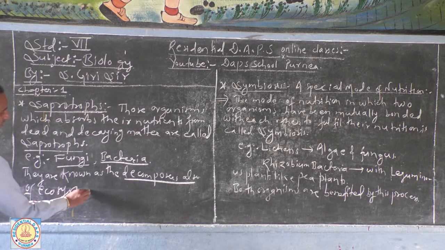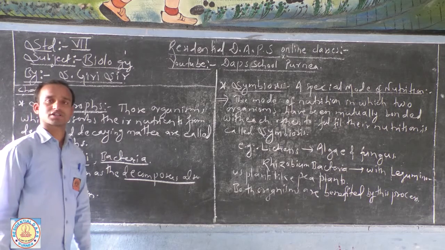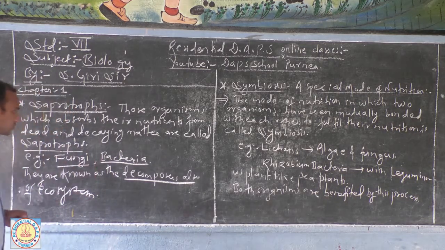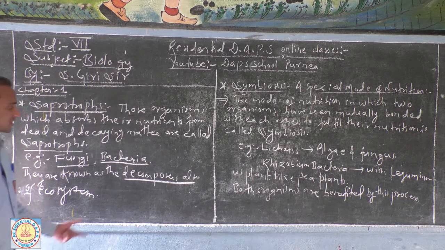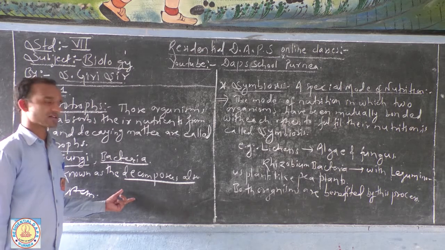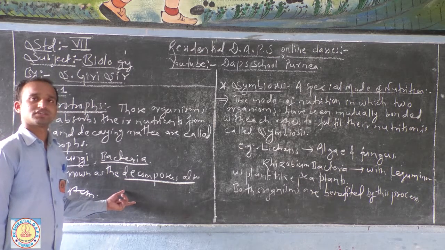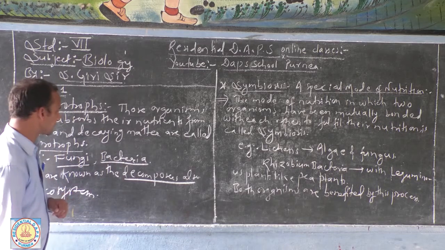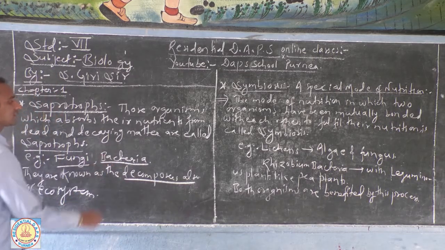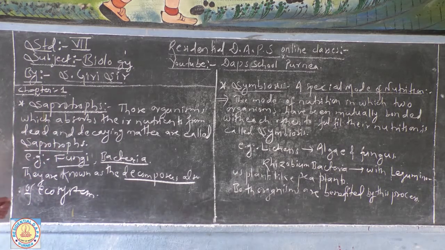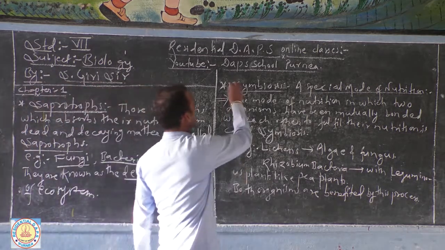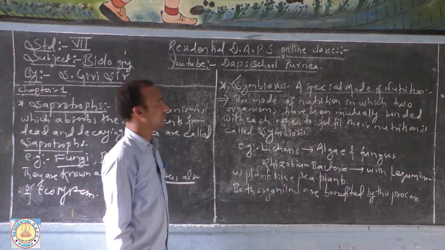Means if anything dies in our ecosystem, then it is the work or the duty of the fungi and bacteria to help them decompose properly. मतलब कोई चीज मर जाता है जैसे plants, animals, then they start to decay. Exactly, they are decaying due to the repeated actions of the fungi and bacteria. So this mode of nutrition by which fungi and bacteria are living is known as saprophytic nutrition, and they are known as saprotrophs.